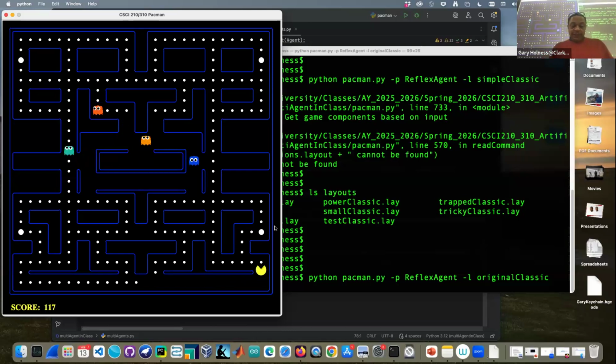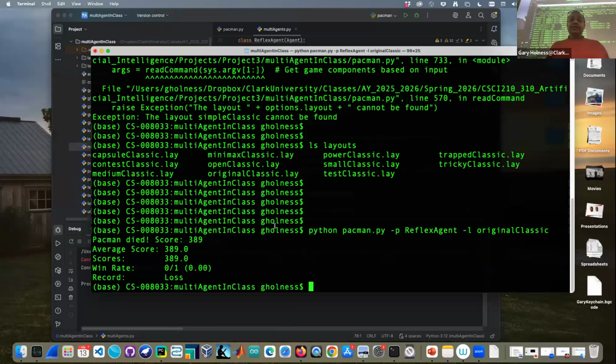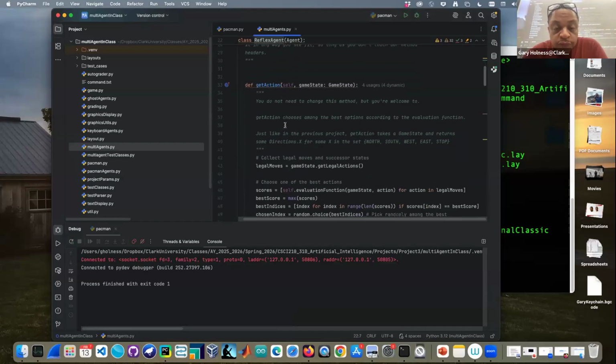And this is the reflex agent on Original Classic. And you can see it's not always making optimal moves. It's based entirely on the score. And you'll see sometimes it pauses and it sometimes runs into the ghosts, right? Not very effective. If we take a look at the place where all of your code is going to go,